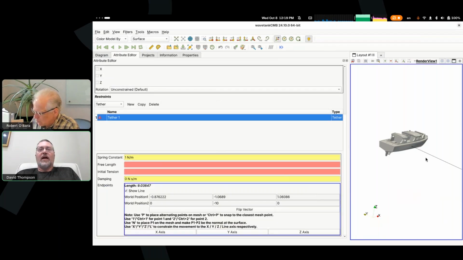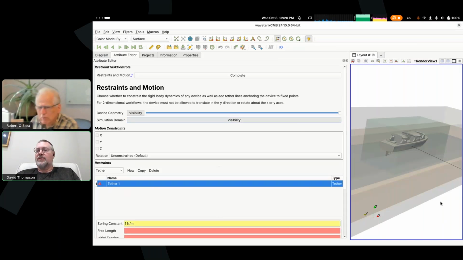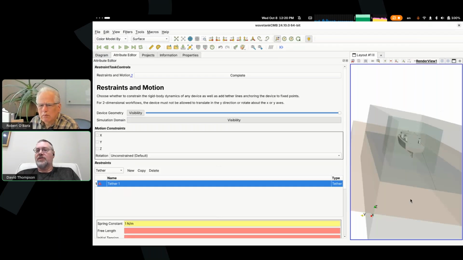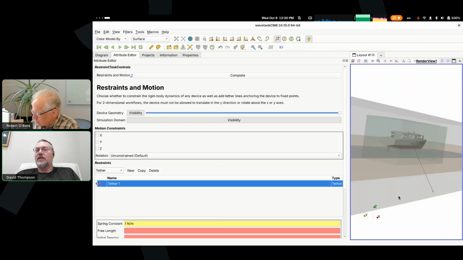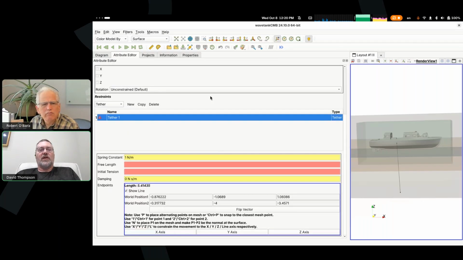And I can have control on the visibility of these other related regions. So for instance, I could snap the other end to the simulation boundary, and that lets me add tethers as I like. Now I could go up here and try and click complete, but it won't work because I haven't